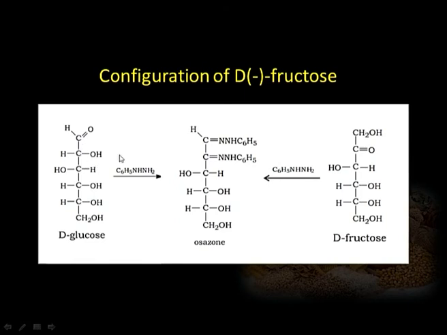And we have discussed earlier that in the formation of osazone only carbon number 1 and carbon number 2 are involved, whether it is an aldohexose or ketohexose. Since we are getting the same osazone from D plus glucose as well as from D minus fructose, that confirms that the configuration of the lower 4 carbons, out of which 3 are asymmetric, at these 3 asymmetric carbon atoms in fructose and glucose, should be the same. So, based on this, the configuration for D minus fructose is also determined.